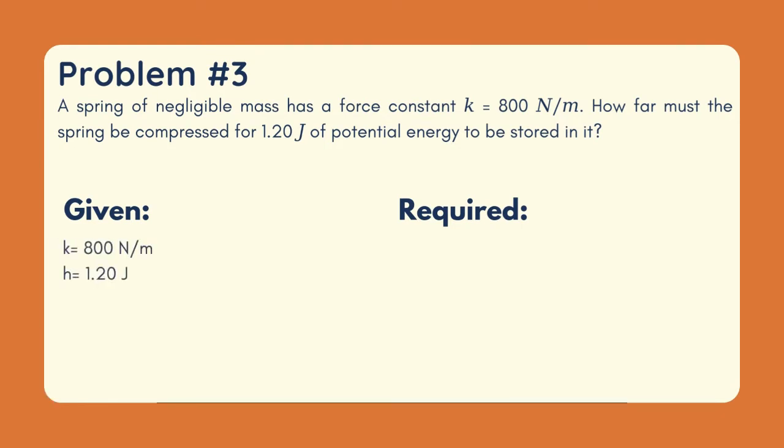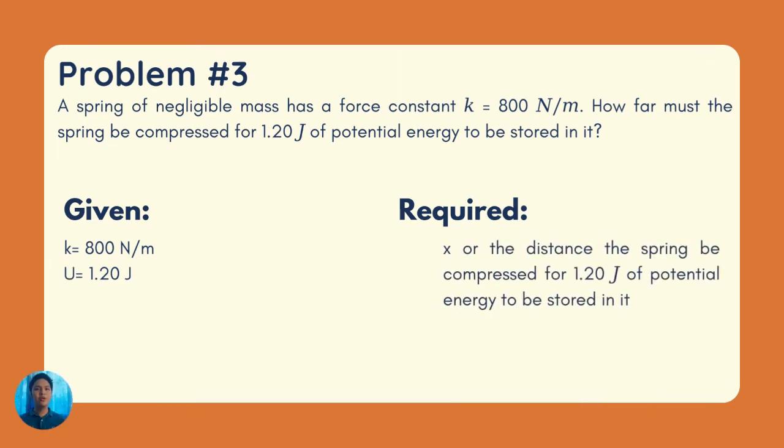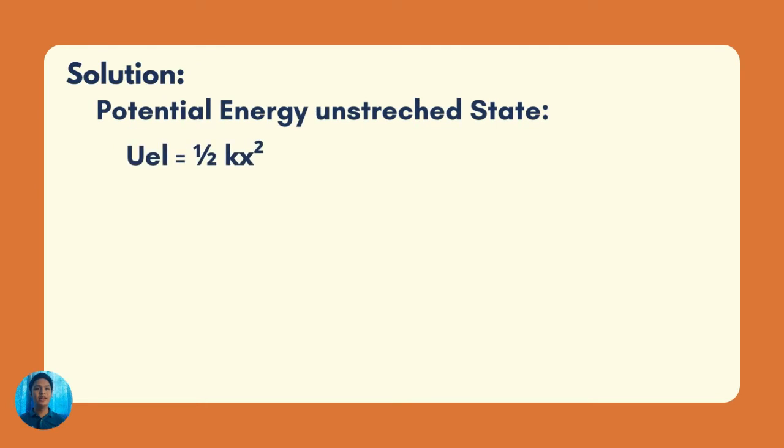First, the given. We have a force constant k, which is 800 N/m, and 1.20 joules as our potential energy. Now that we have our given, we must identify what is required for this problem, and that is the value of x, or the distance the spring must be compressed for 1.20 joules of potential energy to be stored in it. Lastly, now that we have identified our given and what is required, we can start